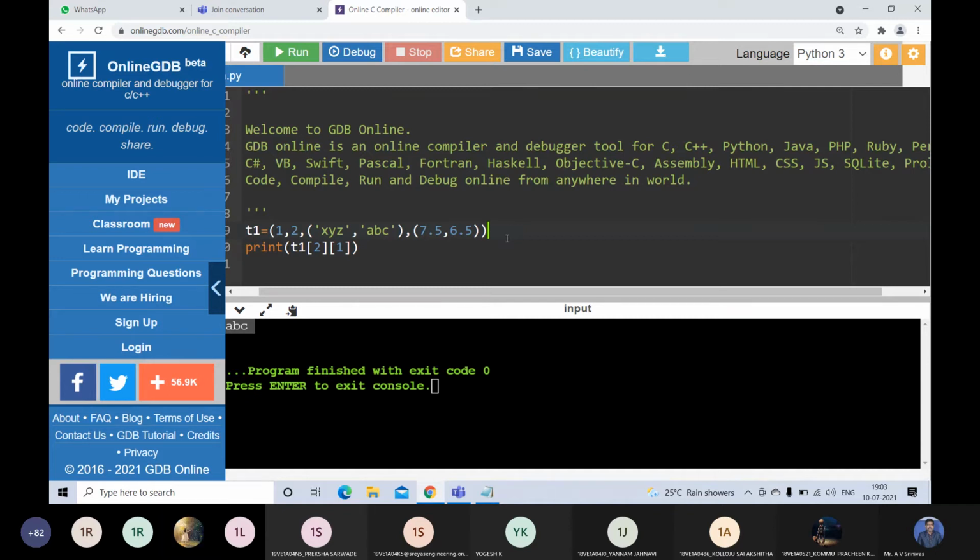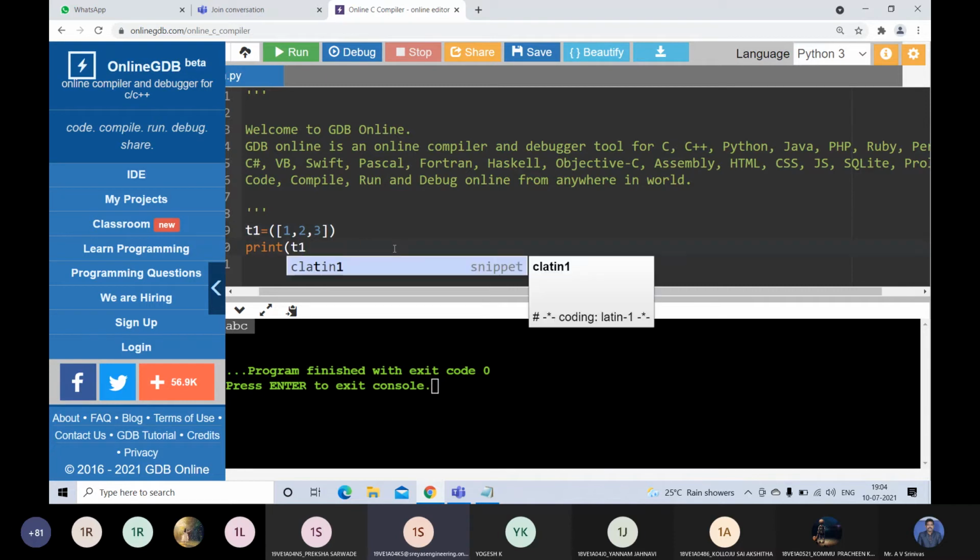Yes, sir. Next we are moving on to the next data structure, that is called sets. Tell me. Sir, can we store a list in a tuple and then change that list? Tell me the example. Store a list inside a tuple, sir, and change 3 to 2 in the list. Is that possible?